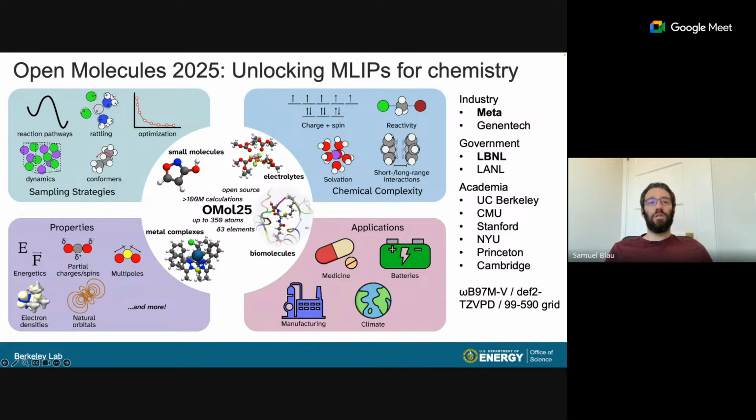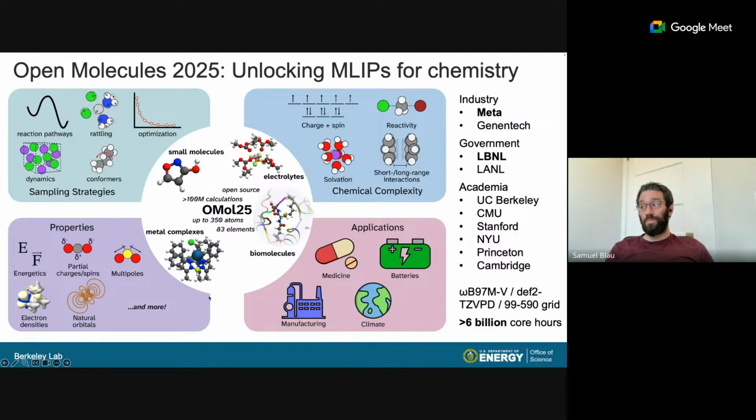And with a much higher level of theory, a more accurate level of density functional theory than you can run in a periodic simulation. So these are chunks of molecules, collections of molecules in a localized basis, but with varying charge and spin, dealing with reactivity, solvation, and different length scales of interactions, and we sample the geometries with a variety of strategies. So